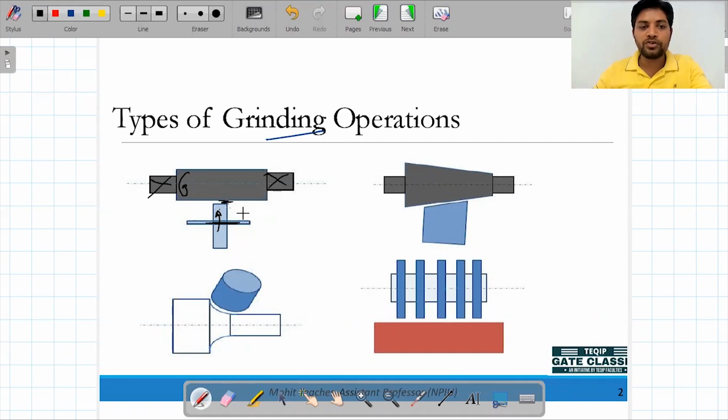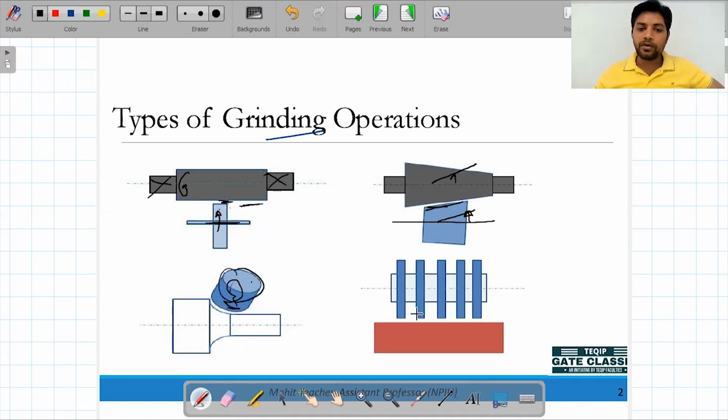Now we have changed the shape of this grinding wheel. It was flat, now we have made it a taper section. So when we have to go for taper turning, we can use this type of cutter. For this, we do not have to set a taper angle or move the tool post at some angle from the horizontal. We can go directly with this. Next, if we have to make any cylindrical portion or circular shape somewhere, then also we can use this type of grinding wheel.